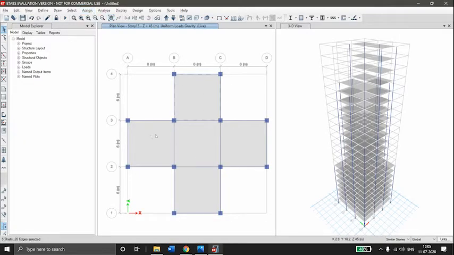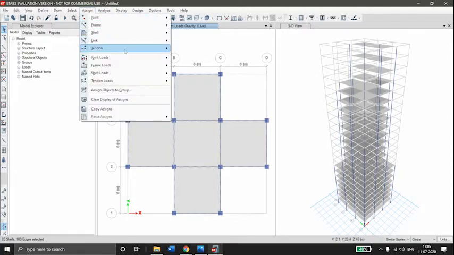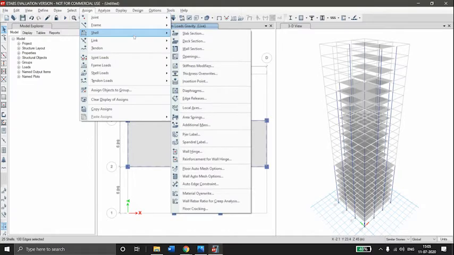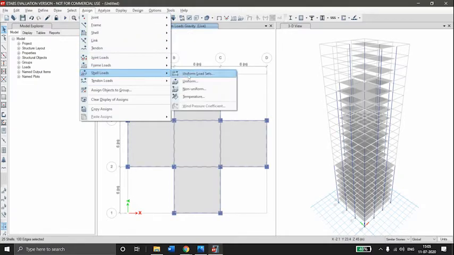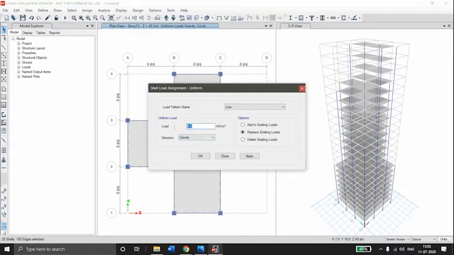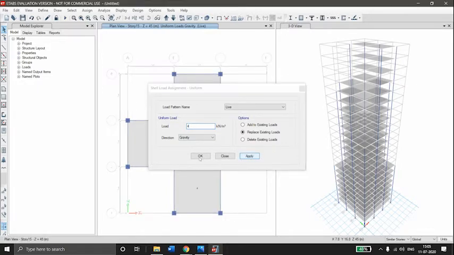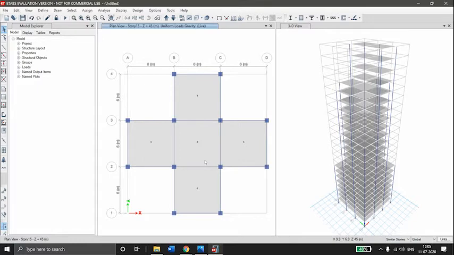So select slabs, assign shell loads uniform, 4 kilonewton per meter square, apply, OK. Go to story 20.